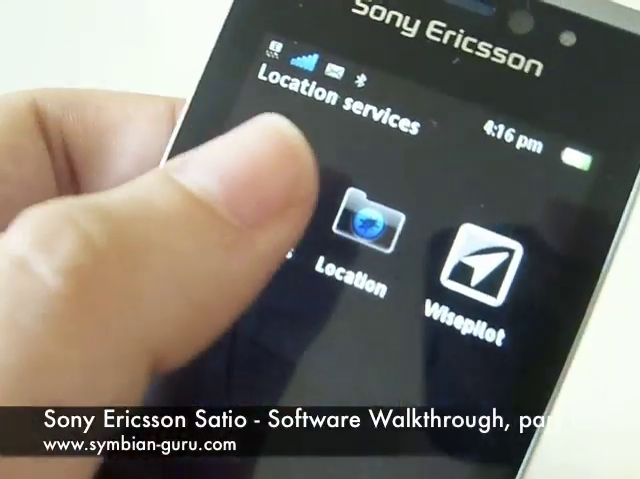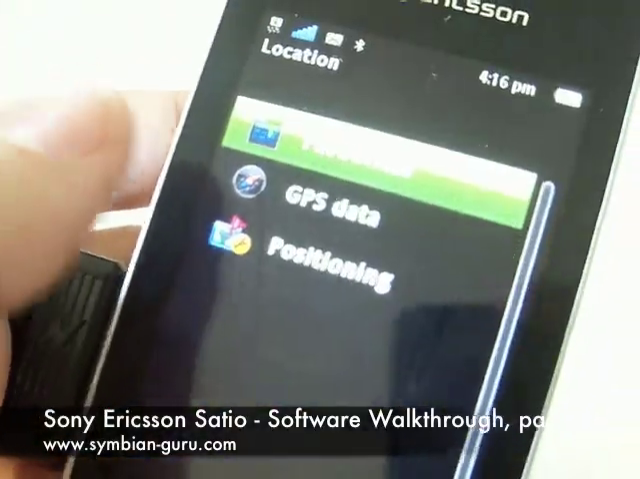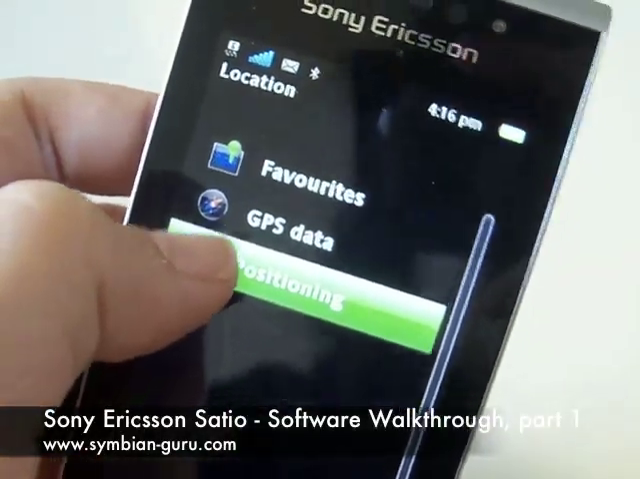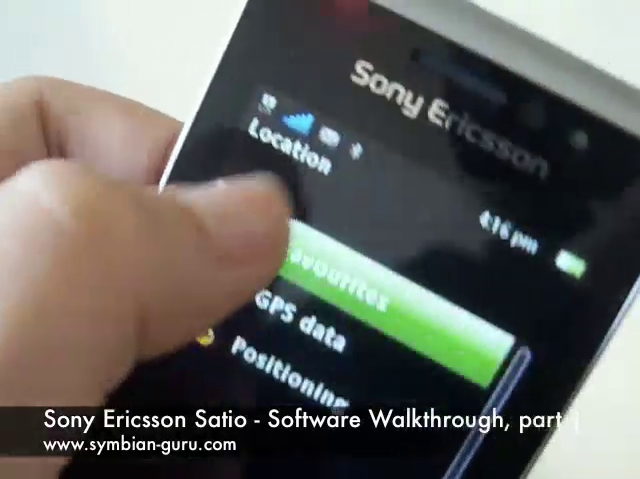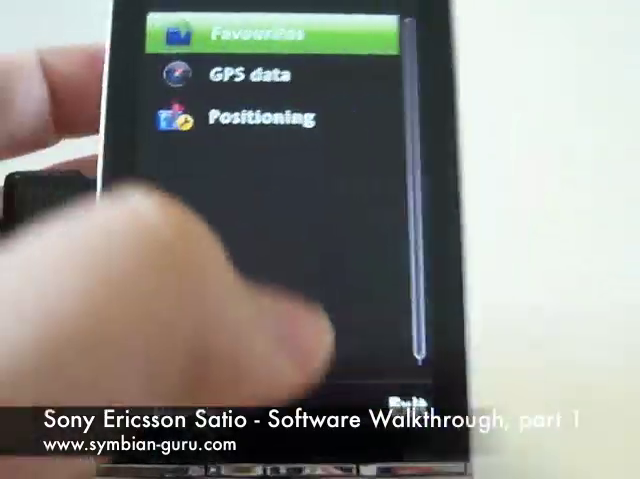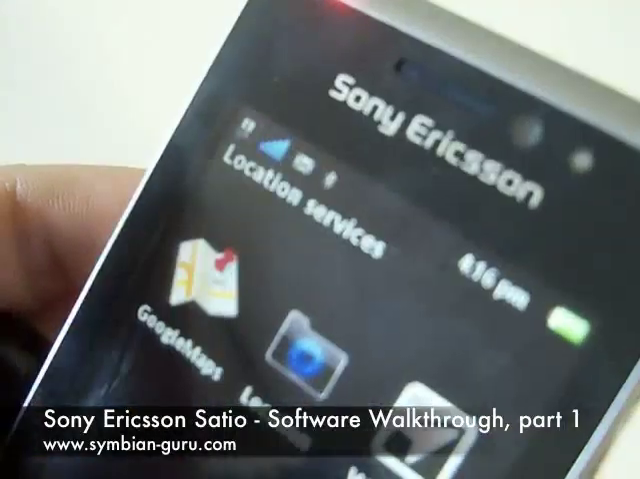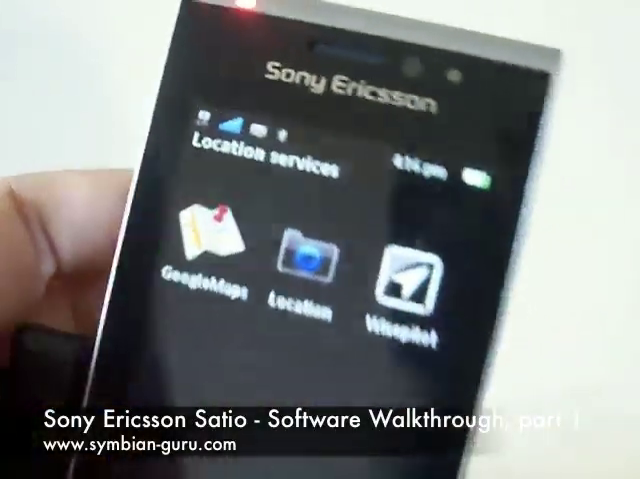We have this that gives us the position, the GPS data, and the favorite locations, which are some things that we find on S60 regularly. Then instead of having Nokia Maps, because this isn't a Nokia, we have Google Maps that is